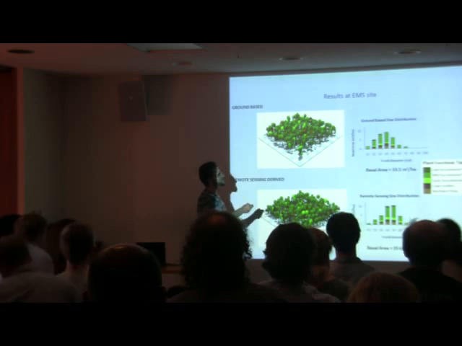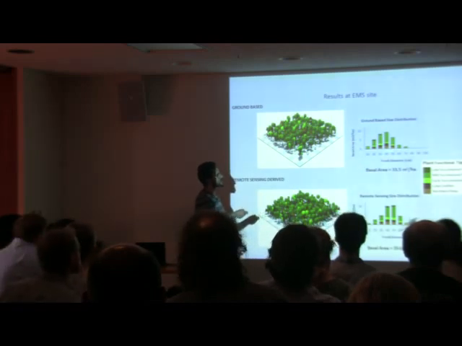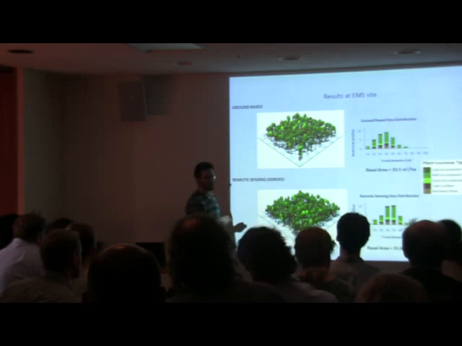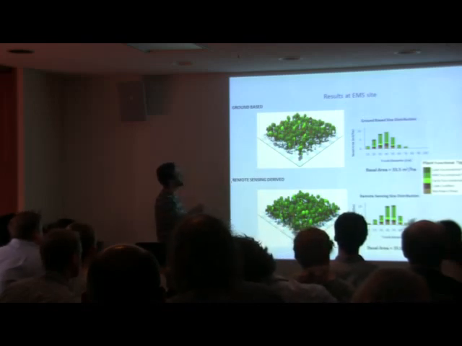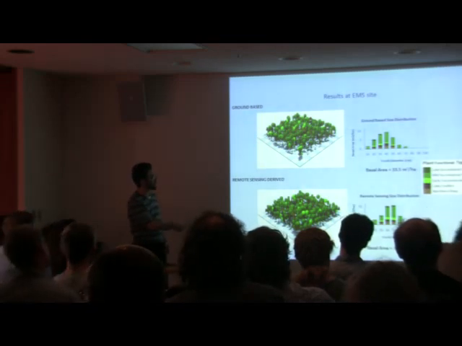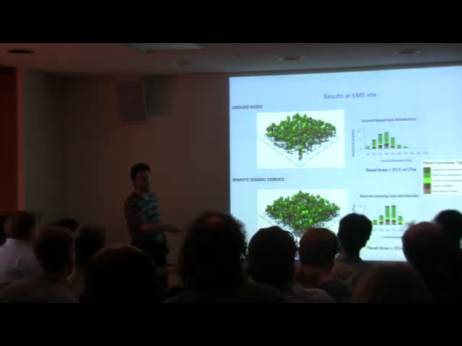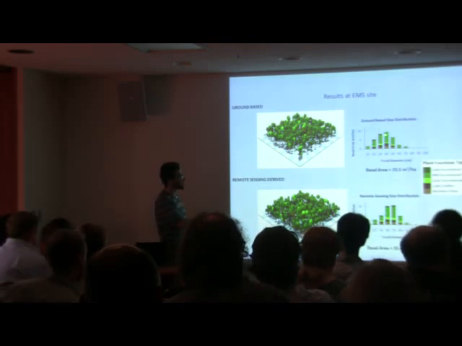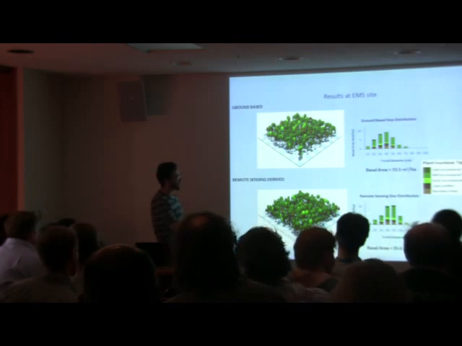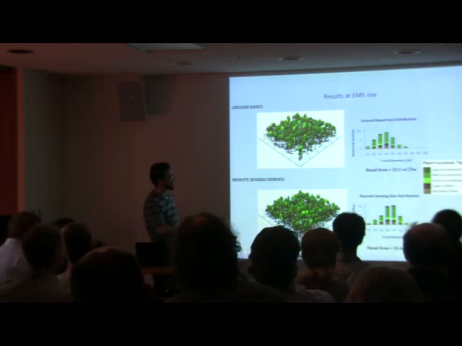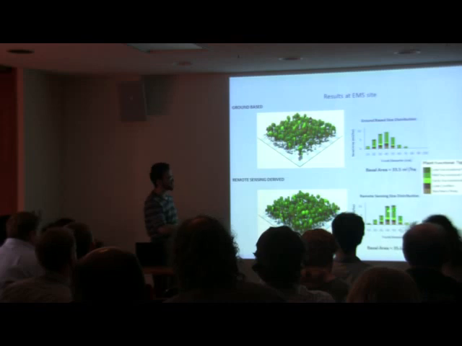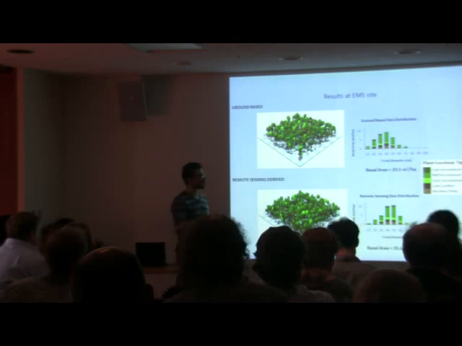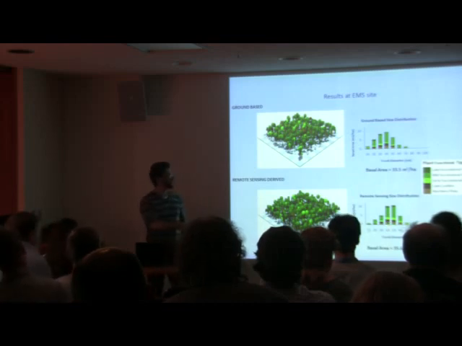So this is what the ground-based distribution of trunk sizes looks like at the 40 EMS plots. This is just a visualization of the forest, and then this is what you get from the remote-sensing-derived composition overlaid on the LiDAR-derived structure. So you get a decently comparable mean and variance of that distribution, with a comparable total basal area of those plots, and also you get a good amount of mid-successional hardwoods, which is also comparable to the ground measurements, and an equal split between the hemlocks and the pines.